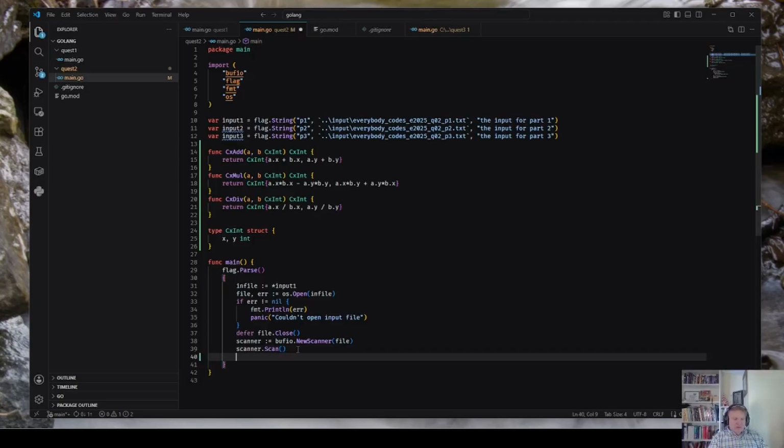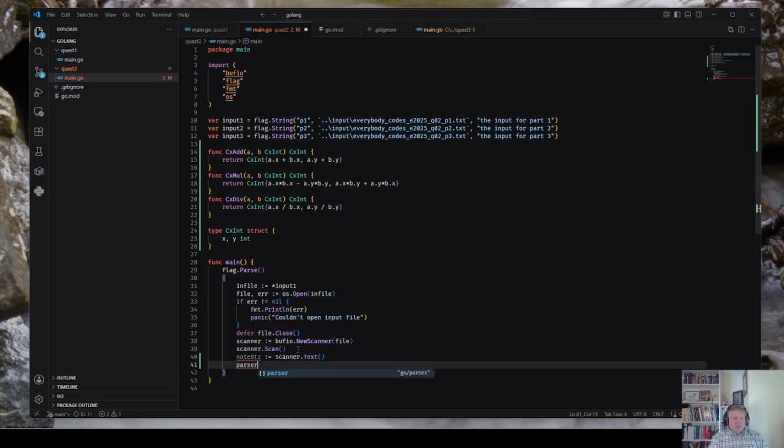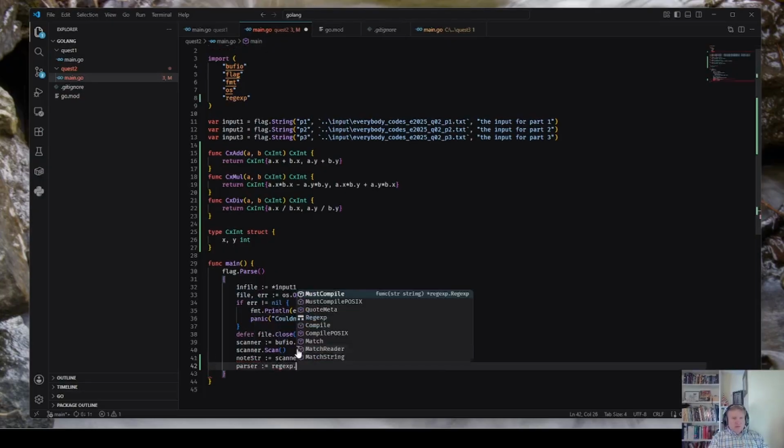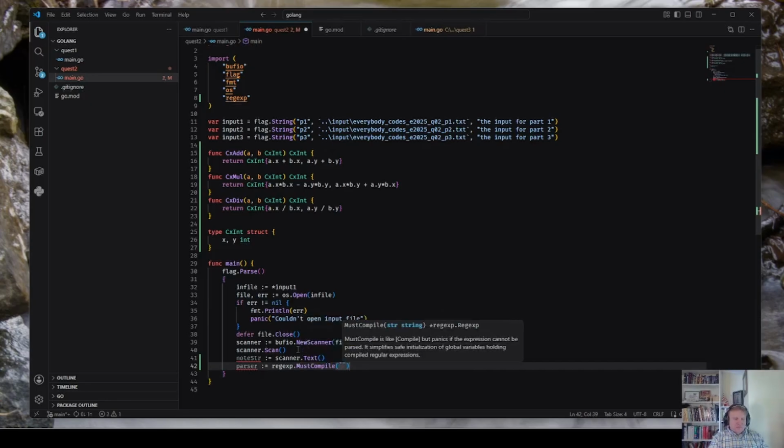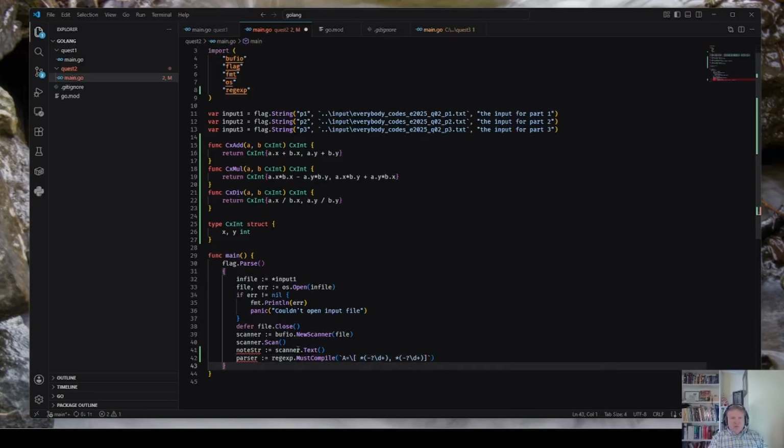Okay, note. And then paragraph stop must compile a equals, okay.